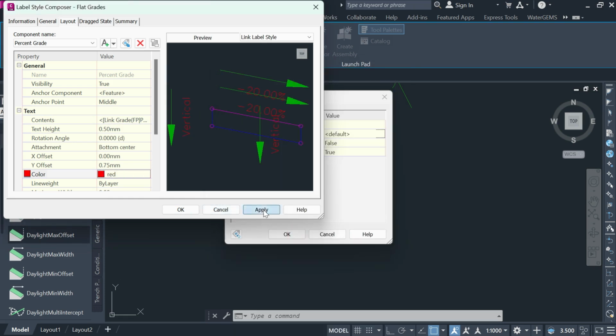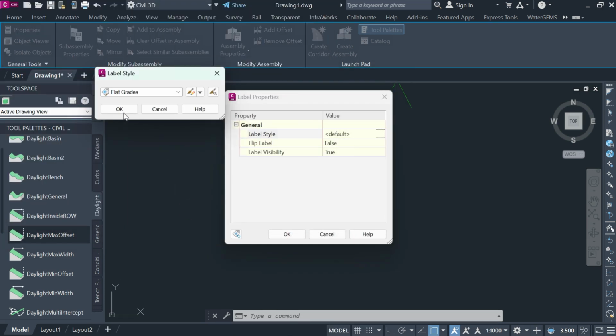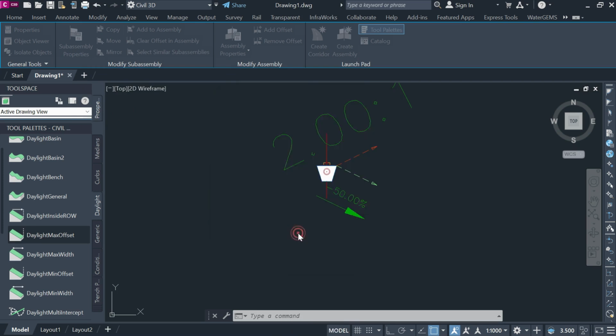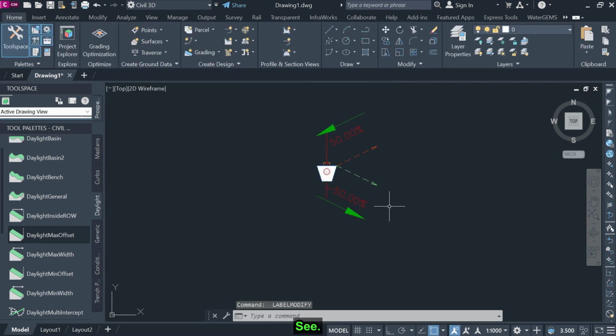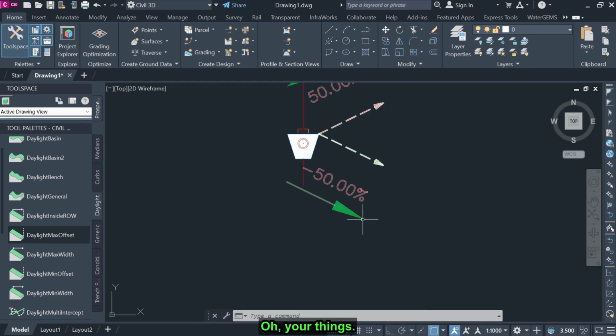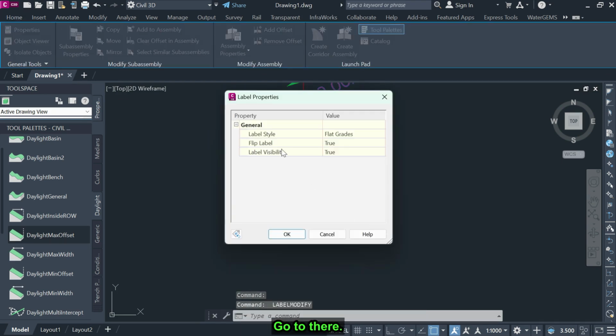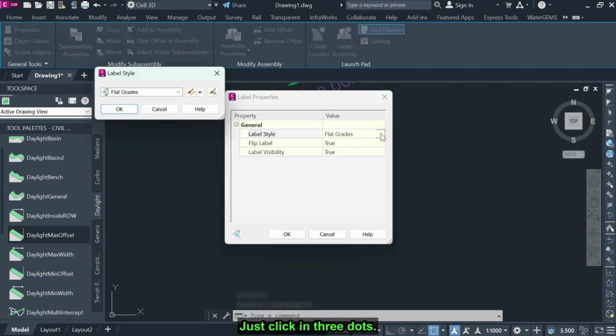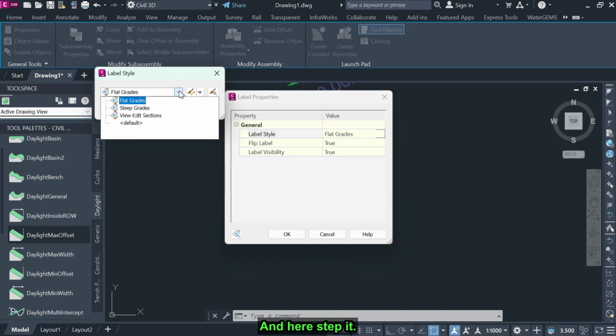Okay, apply, apply and apply and apply. See, so you can change your things in arrow or your things you can change. Again go to there. Okay, label style, plate grade, just click the 3 dots and here step grade,